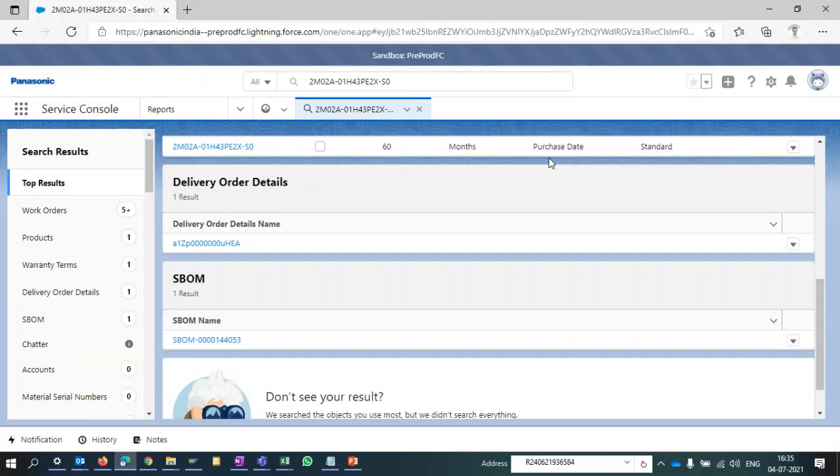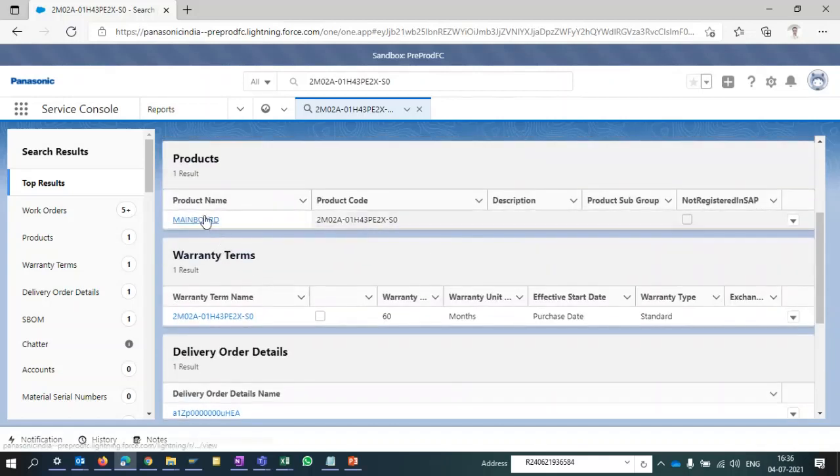Okay, in an upcoming release you will get a more visible view, with all the parts which are mapped in the service BOM for a particular model in one screen. So that will come in the upcoming release. But yes, in Salesforce there is a service BOM validation and it is 100% working. So let me change this product.